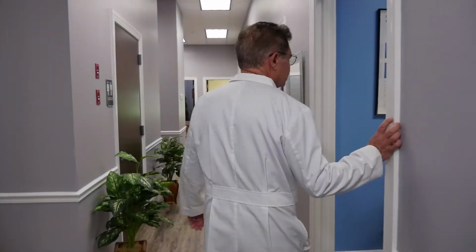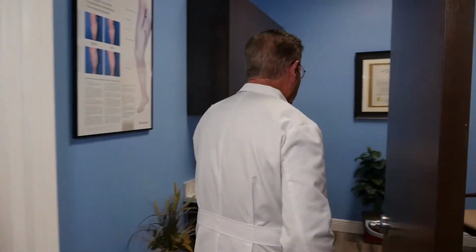We're going to move down here. This is our consult room. We have a specific room set aside for consultations. And this is a little different than most practices because we come in here and spend a lot of time with our patient. We have to make that patient feel comfortable at home and feel like they're queen for the